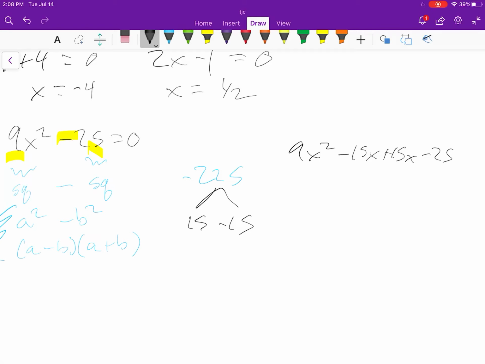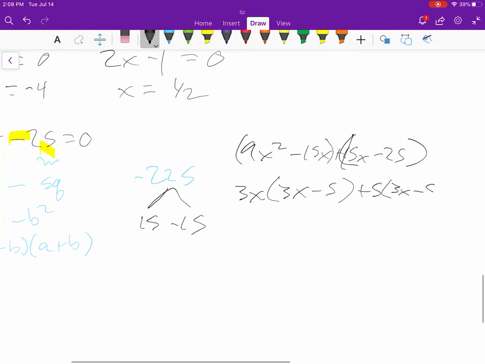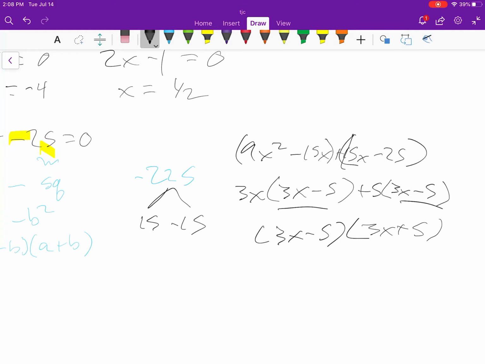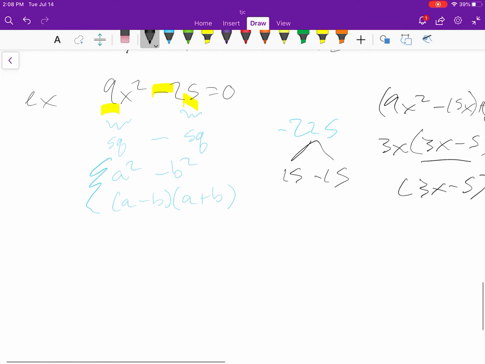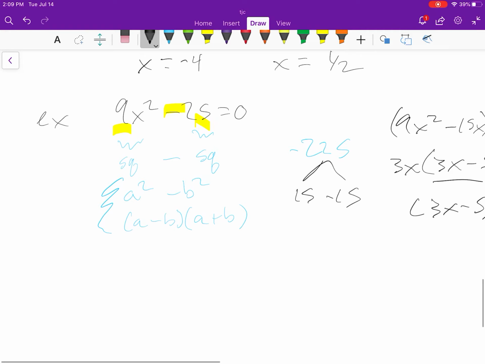And then you're going to factor by grouping. Group here, group here. Here you can factor out a 3 and an x. That'll give you a 3x minus 5. Here you can factor out a plus 5. That'll give you 3x minus 5. These are the same here, so you can group them in front, group what's left, and you end up with that. Or, so it'll work doing this, or you could just use the equation and realize that a is a